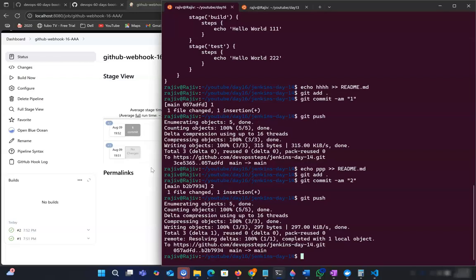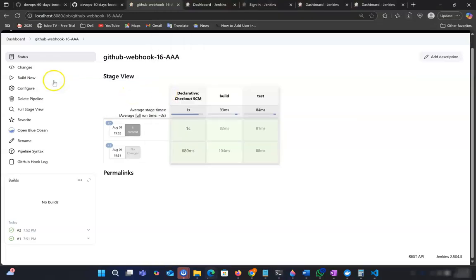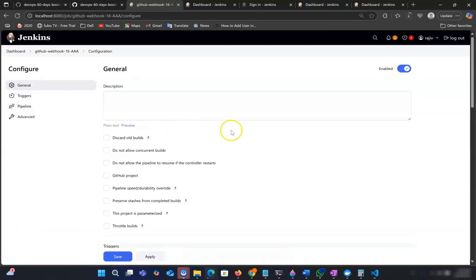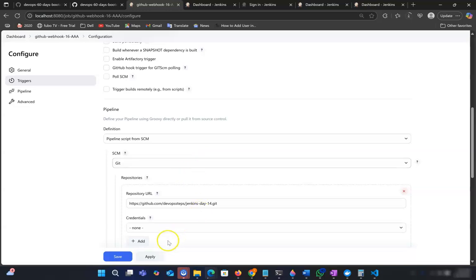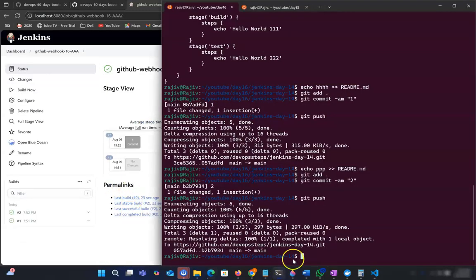Another way we can use is like this, but there are some limitations and some differences between these two. Let me show you. If I go to configure and uncheck that one, then this trigger option will be disabled and it will not trigger. Now if I save and make any change,